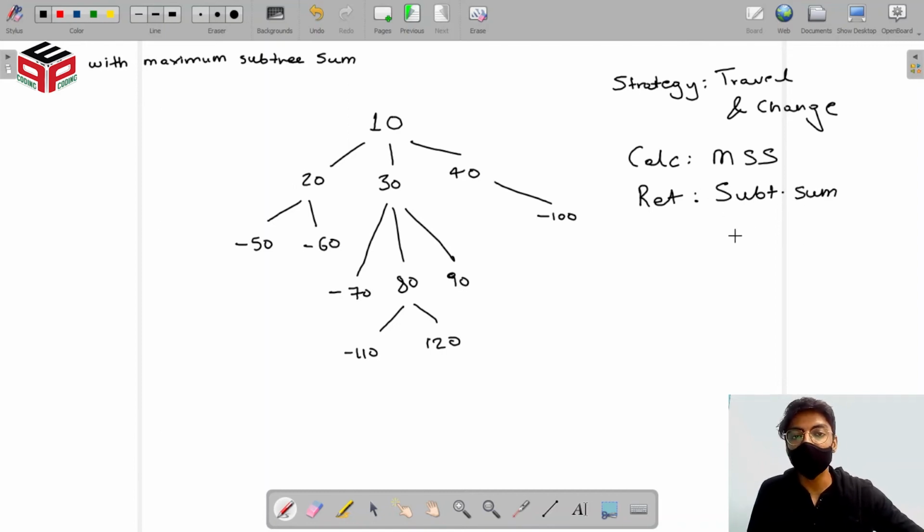This is not a final answer. When we calculate all of this, the final answer will actually be the maximum subtree sum, which we'll have to handle separately. It can't be the subtree sum, which could be any value, whether it's highest or not. So we're going to take two different variables to store our maximum values in. One is, say, maximum sum, the other is maximum node.